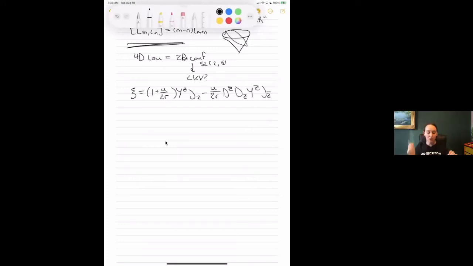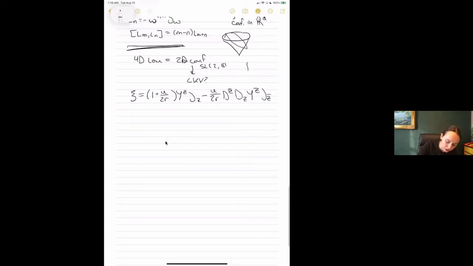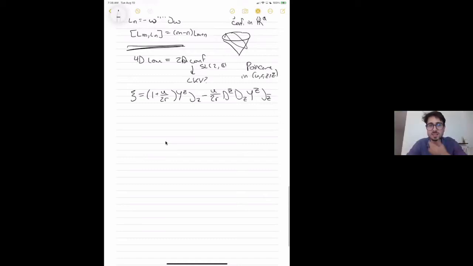Okay, good. So what I'm trying to do now is I'm writing Poincaré in my coordinates u, r, z, z bar. And by doing that, I'm kind of showing what goes wrong if I just try to look at the Lorentz part of it that I said was isomorphic to the CKVs and take my Y to be a CKV. It's not going to be an isometry anymore, of course.